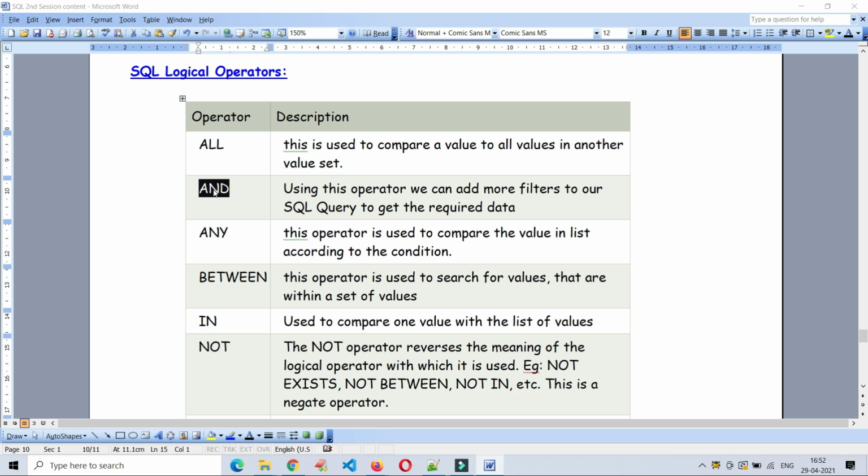And the AND operator. See here, that person is very good, and he has... means we are checking a person's behavior. At that time, first we set some conditions.